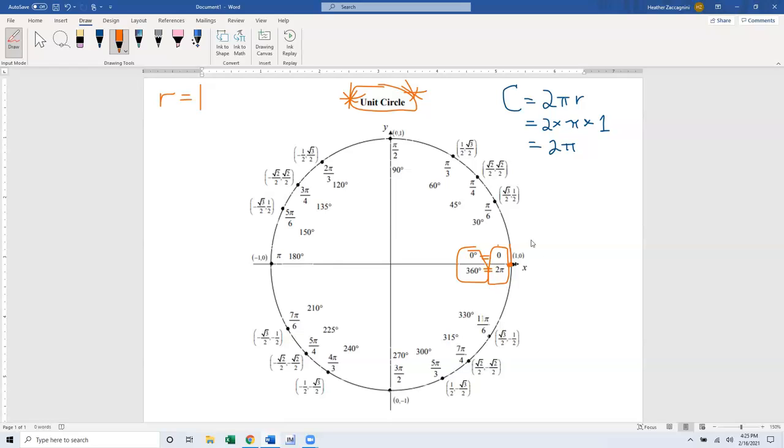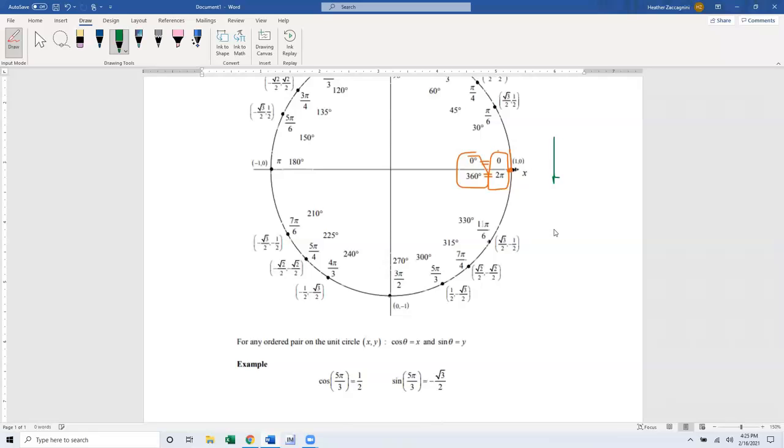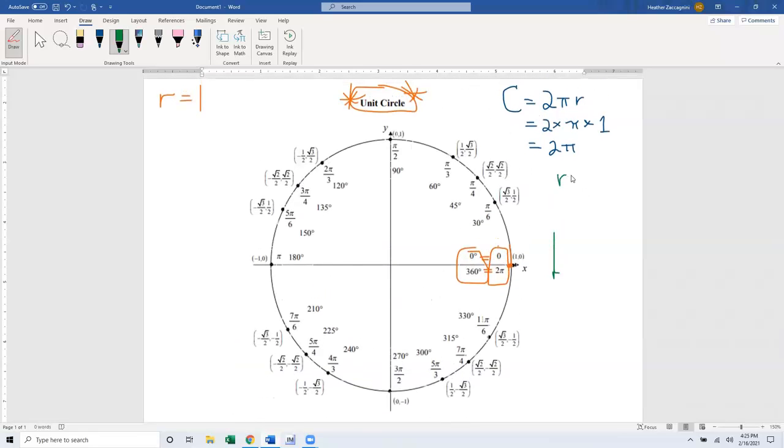right? So that's important because here's the deal. The circumference changes when we change the radius, right? Let's say, for example, we decide that the radius isn't 1 and we change the radius to 2. So my radius becomes 2. Well, now we've changed this whole relationship, right? And this means that if we drew a radius, this is now 2. That would give us a circumference that was double what the unit